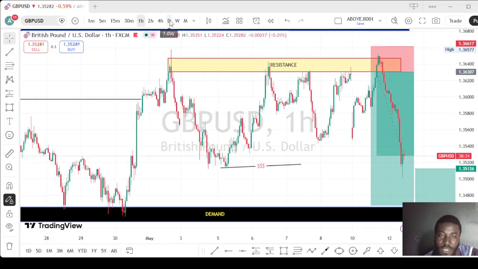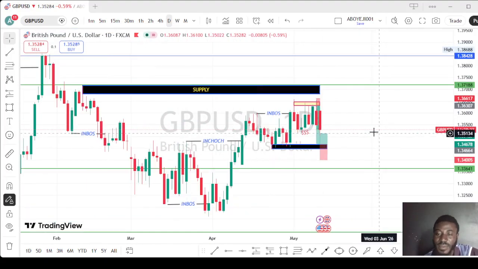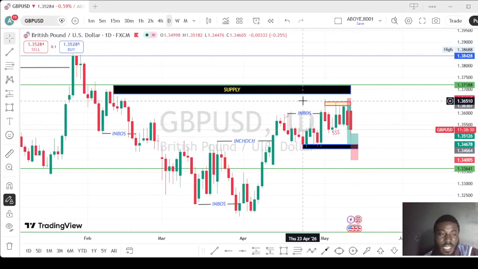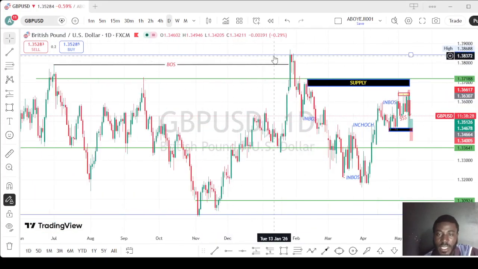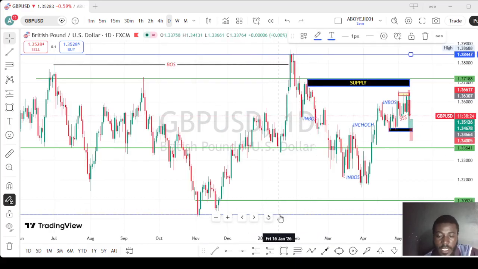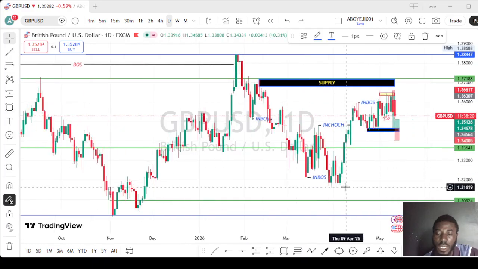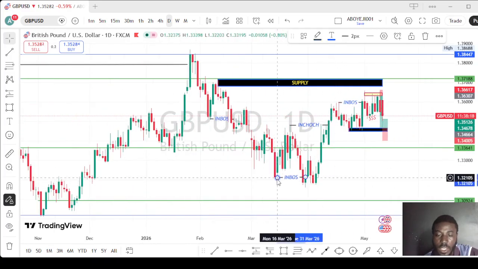But let's start from the daily time frame as usual. This is the daily time frame. This is our swing high here, and this is our swing low here. The market is in between the trend, and this is what the market is giving us. This is the last break of structure the market gave us